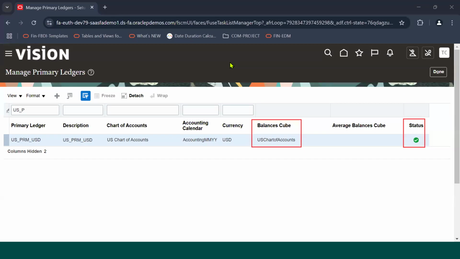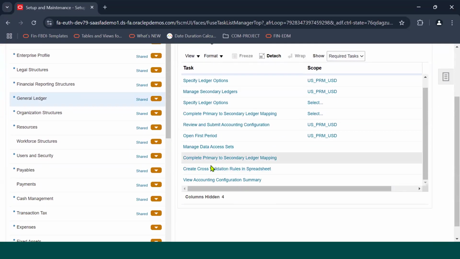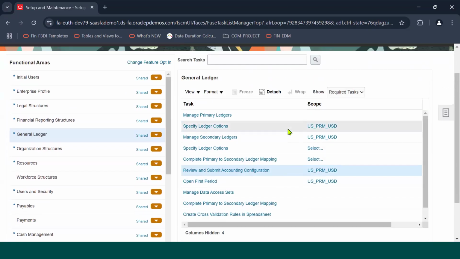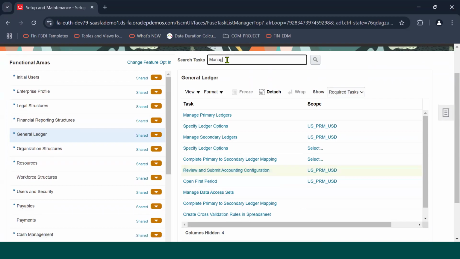Give me a minute. Just click on Done. The moment we click on this review and submit accounting program, as we discussed, it will create the balance cube for the primary ledger and it will change the ledger status from in process to confirmed status. And apart from that, if you go to Manage Data Access,